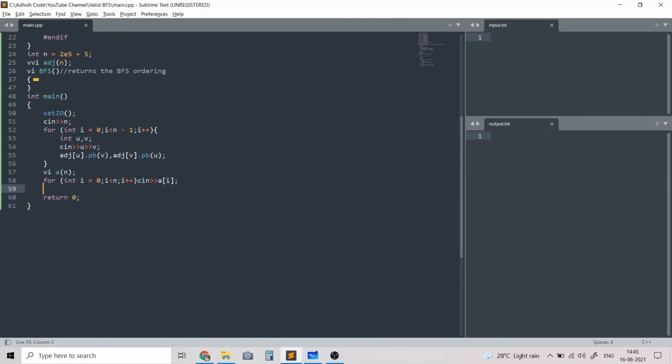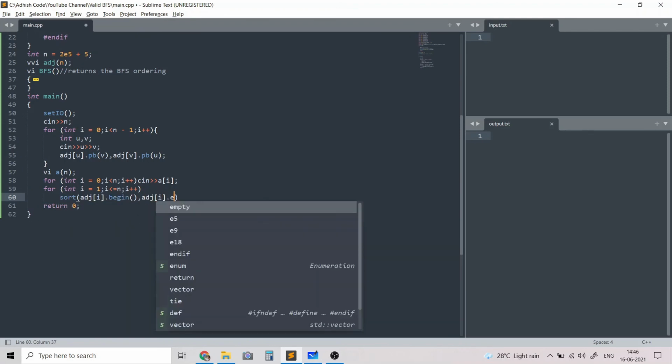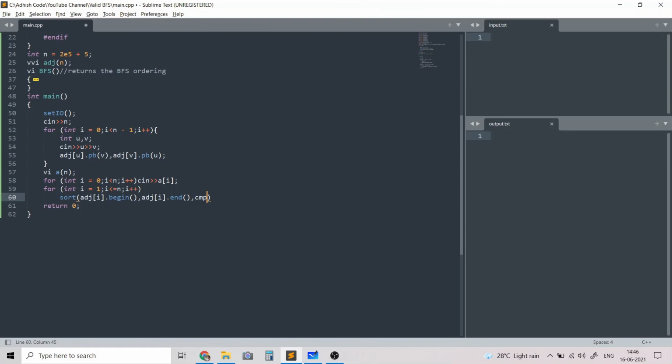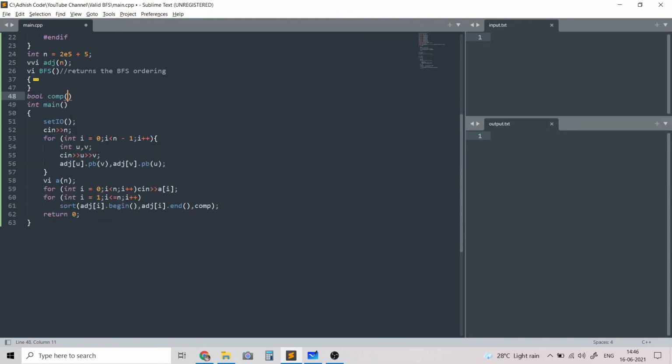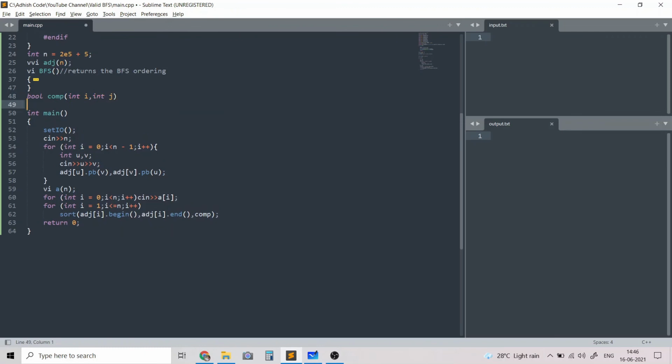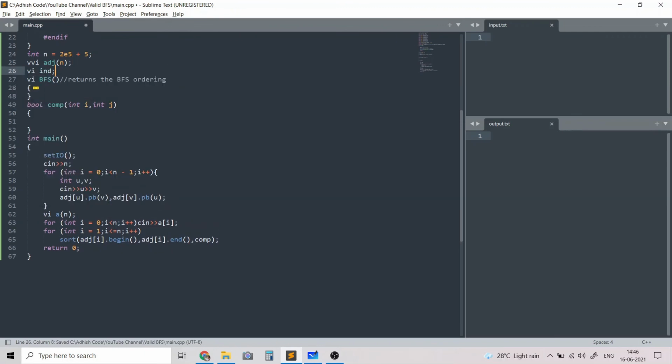Then we need to sort the adjacency list of every node by the comparator function. That's what I'm going to implement in comp. For comp to work, I need to check if I comes before j, and for that I need the indices array.